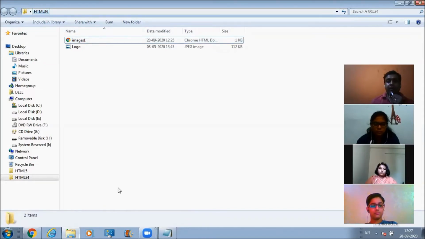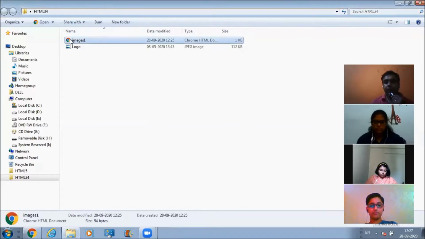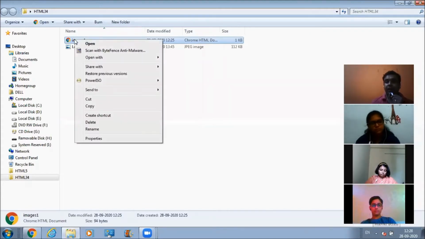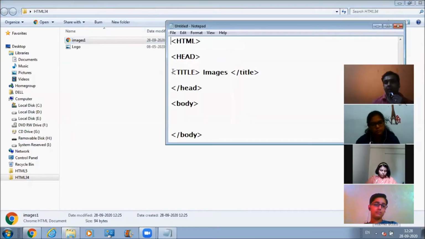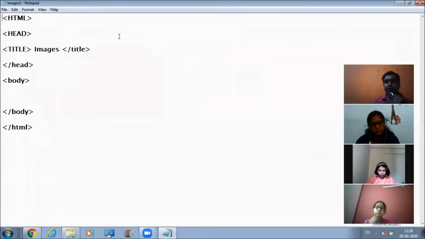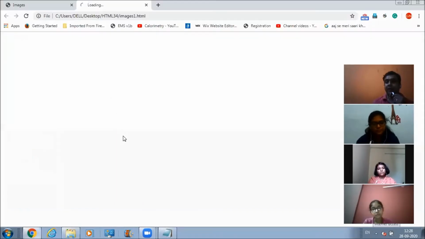Now what we have to do is close this notepad file for now. If I want to open this file in my notepad, how can I do that? I just have to right click on this file and automatically I will come across a cascading menu like this. After that, I need to come to the open with option and then choose the notepad option. Finally I will come across the code that I have written for creating this web page. Fine, and where can we see the output?